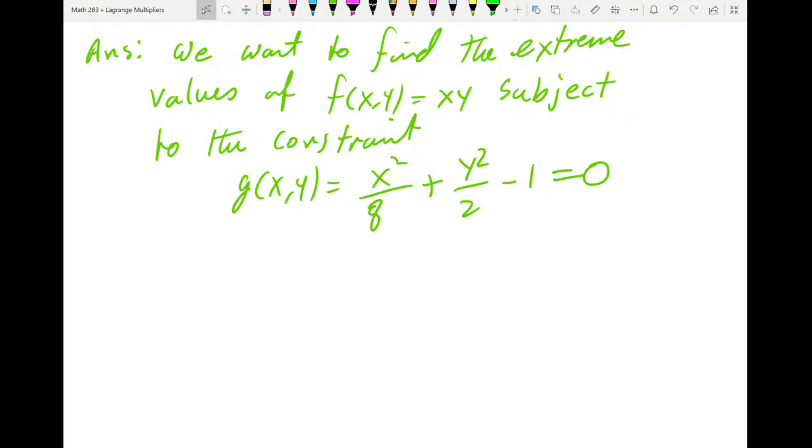Okay, so now what do we do? To do so, we first find the values